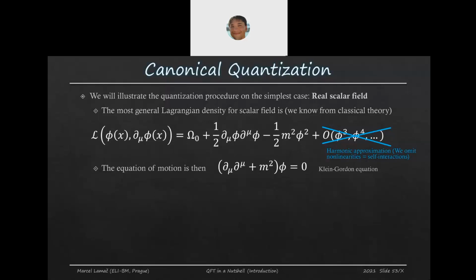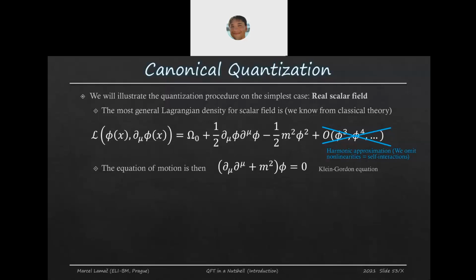And so this description is valid in the case when you don't have too much energy in one point of space-time, for example. As you can see, the Lagrangian density is space-time dependent. So at each point of space-time, there is some Lagrangian density. It has some values, and in the case when we don't have too much energy,